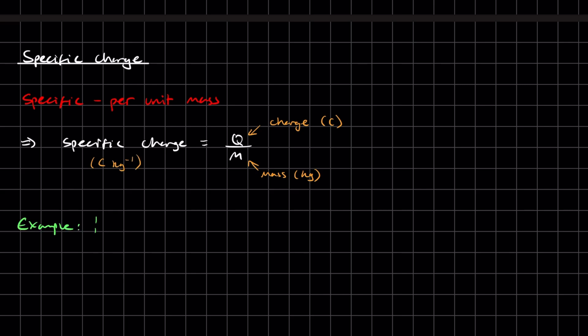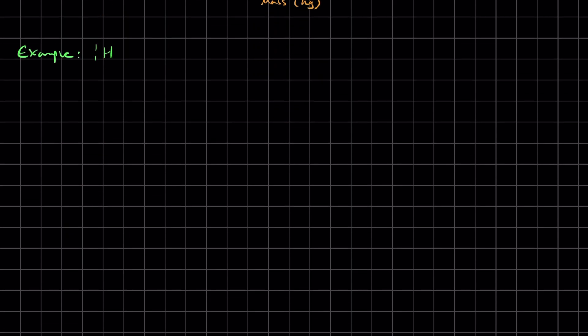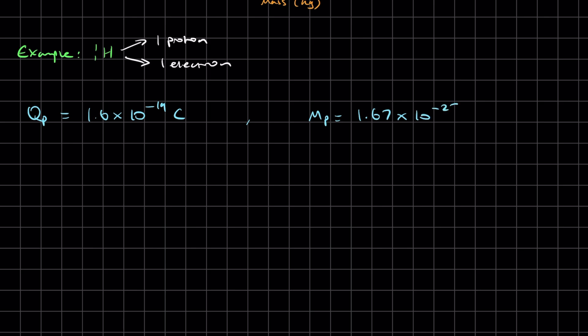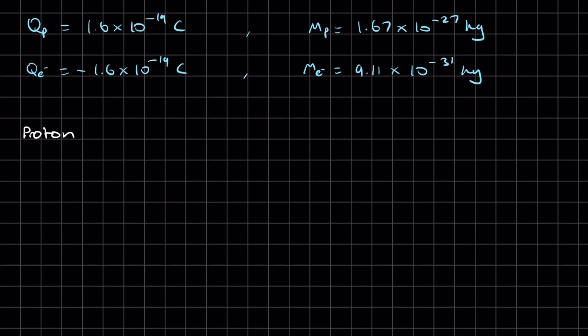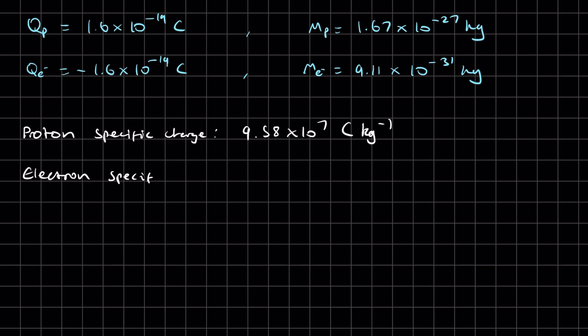Let's take the example of a neutral hydrogen atom, one which has a singular proton for its nucleus, no neutrons, and an electron. From the table that we looked at before, we know the charges and the masses of the proton and the electron respectively, and can therefore calculate their specific charge values. The specific charge of a proton is 9.58 times 10 to the 7 coulombs per kilogram, which you get by dividing its charge by its mass. Using the same process for the electron, we find it has a specific charge of 1.76 times 10 to the 11